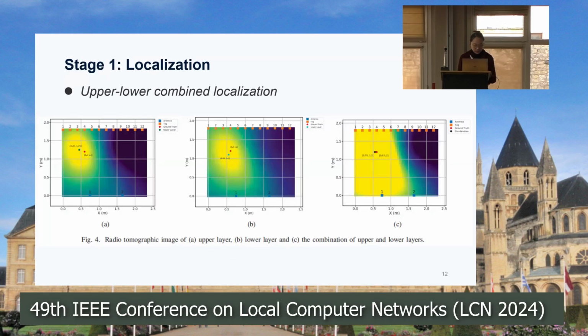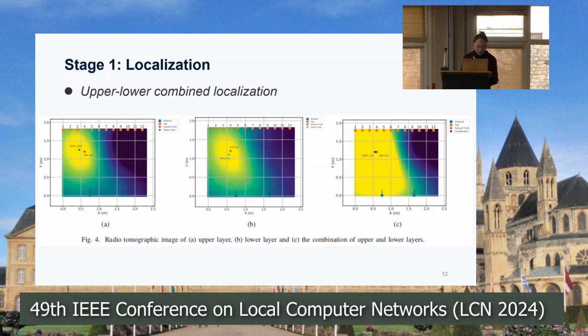The figure shows the radio image of a human physically located at (0.6, 1.2). Obviously, the occlusion of the human is reflected on the pixels around the specific links with brighter and warmer color. As shown in figure 4A and 4B, the coordinates of the brightest pixel in the image are regarded as